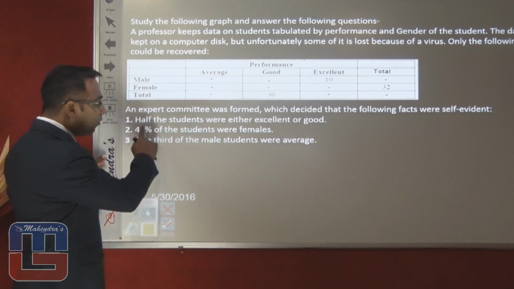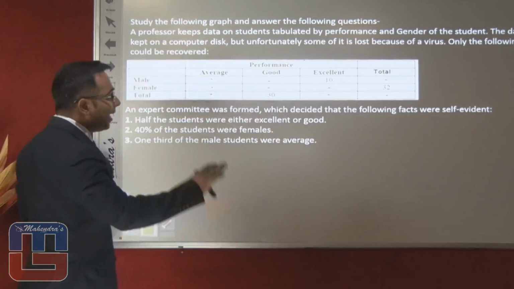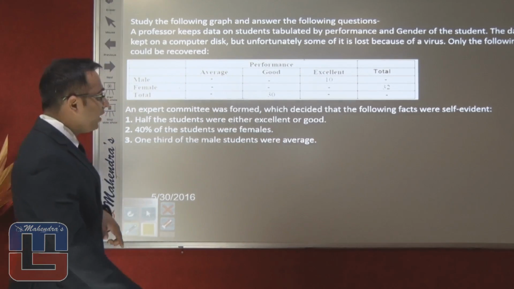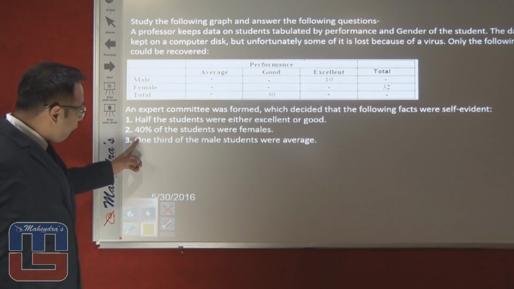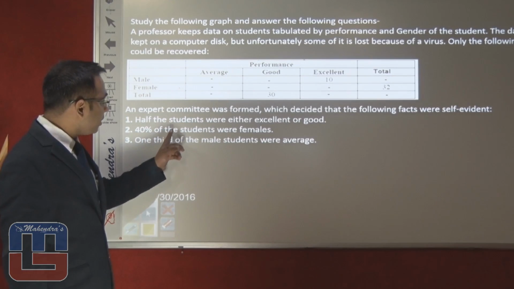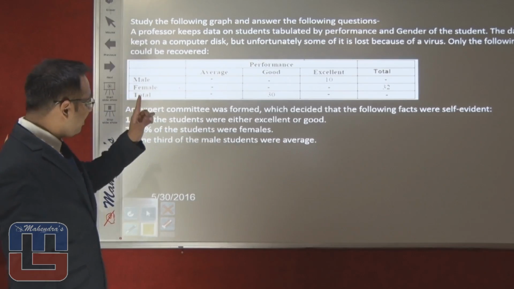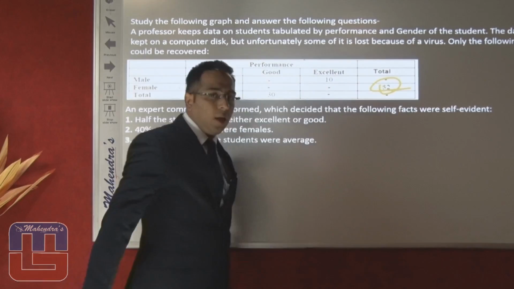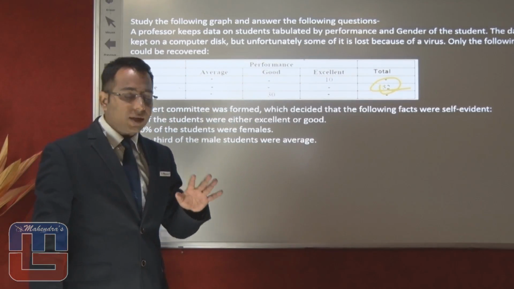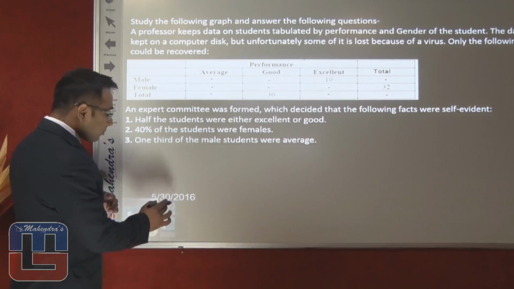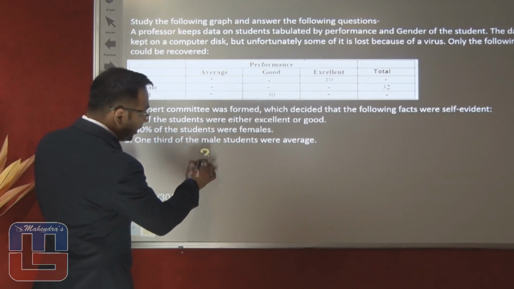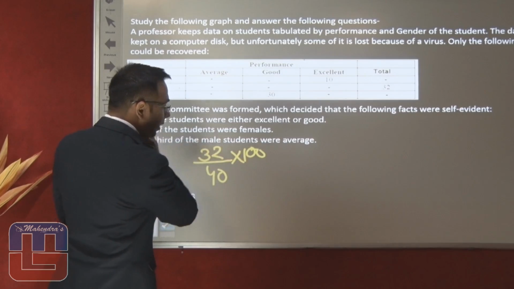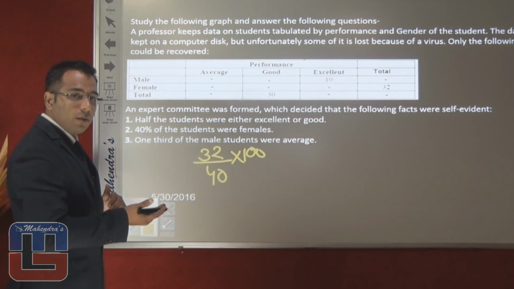The first statement says half of the students were either excellent or good. That means half of the strength is of average students. Second information we have: 40% of the students were female. Now we know one thing, females are 32. So when the females are 32, what can we do? 32 is 40%. So 100% will be